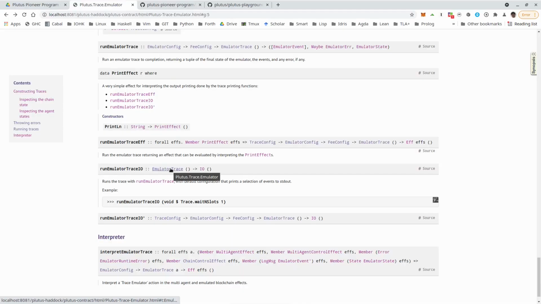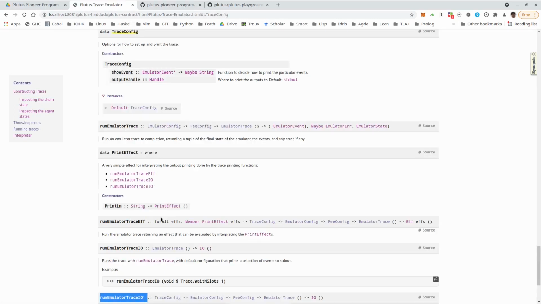Sometimes, of course, you do want to specify a different initial condition, or you want to have more fine-grained control. And for this, there's a variation of runEmulatorTraceIO, which is called runEmulatorTraceIO'. That does take an emulator config and a fee config, and in addition also a trace config. So what's a trace config?